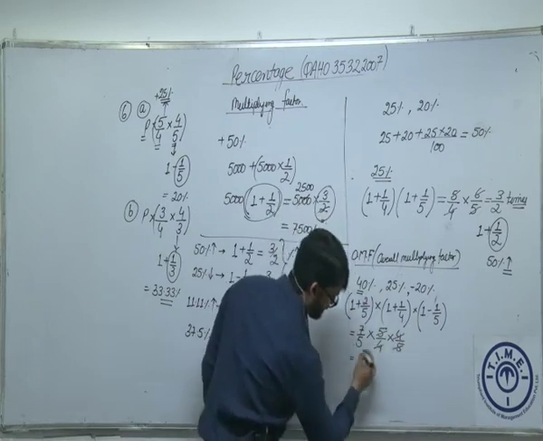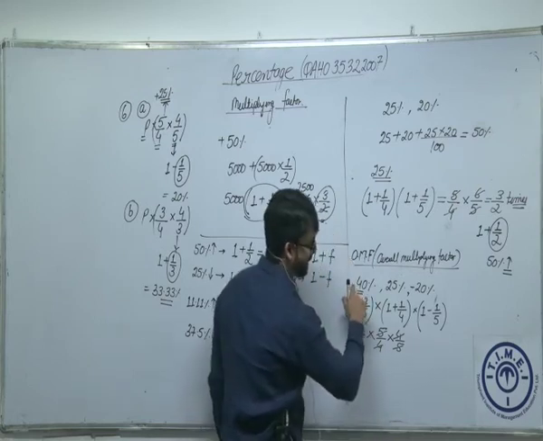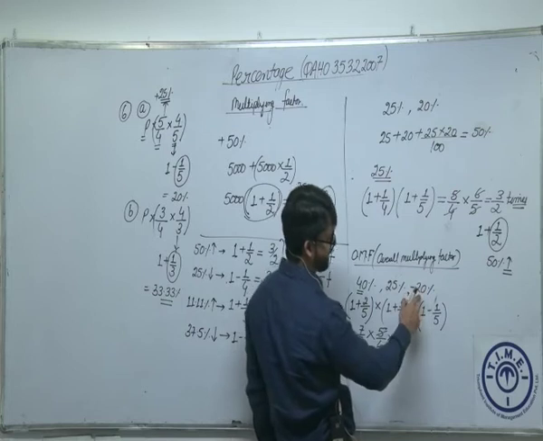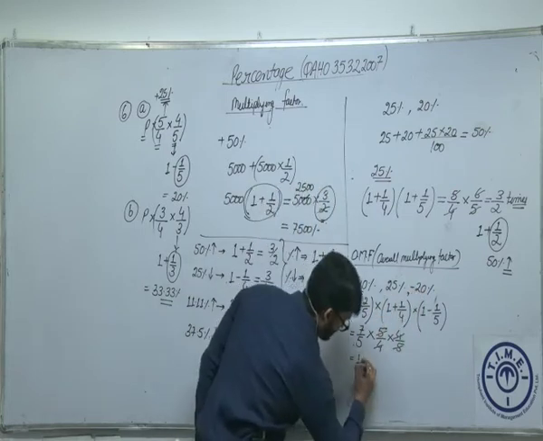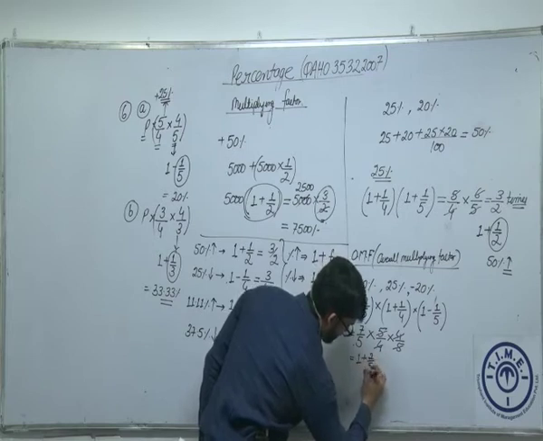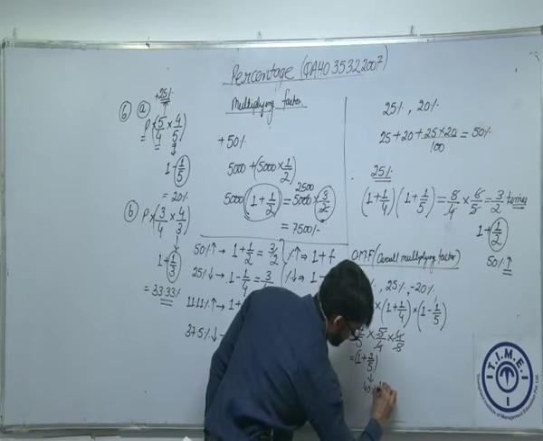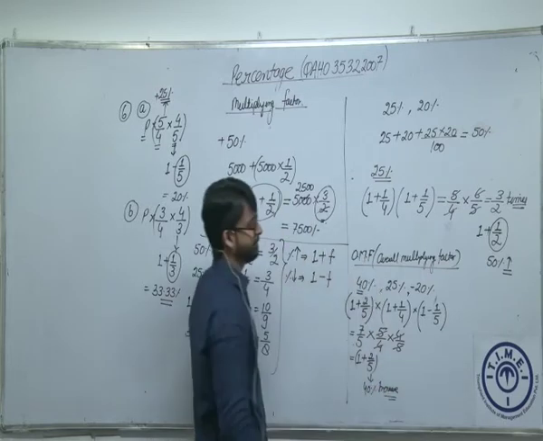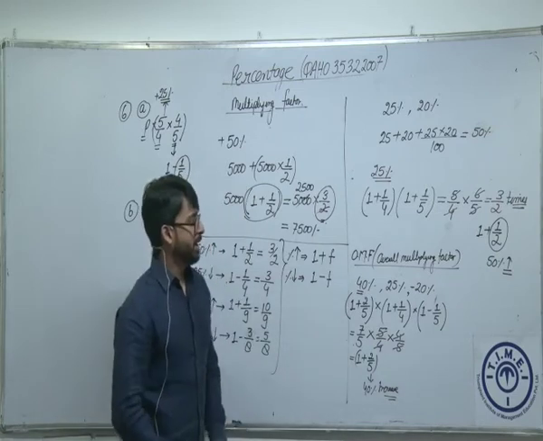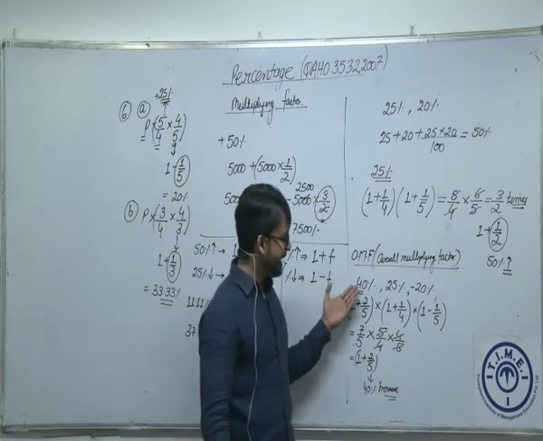7/5. What is the effective increase? 7/5 is more than 1 or less than 1? More than 1. Increase by 40% and 25% and reduced by just 20% has to be more than the original value. So 1 plus 2/5 again. This means 40% increase. Okay. Now this must be the case.